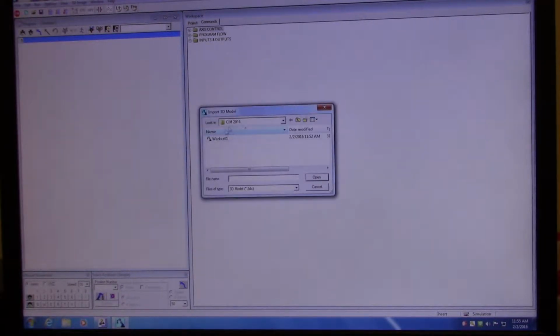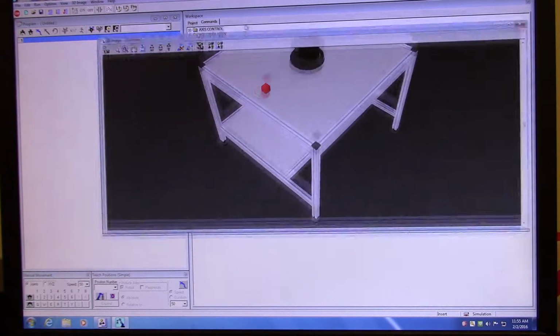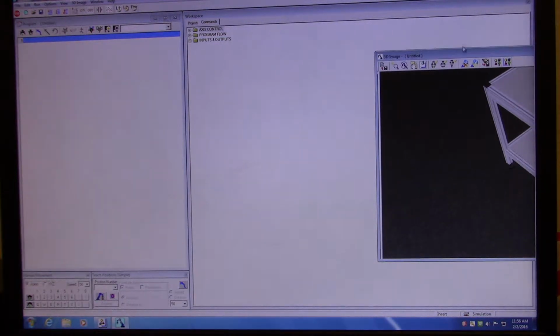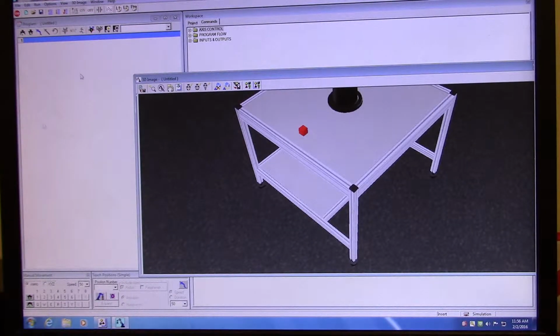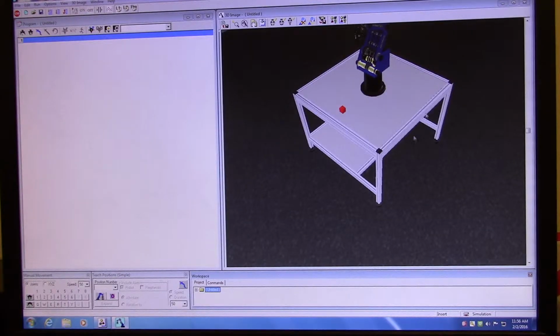You created the 3D model, and I saved mine to my Z drive, so that's where I'm grabbing it from. When I double click on the work cell that I created, there it is popping up. Now everything's kind of all over the place, so I want a nice, clean way of managing this. So I'll go to Window, and then down to Simulate and Teach. So now I can see my work cell over here, and this right here is going to eventually become our